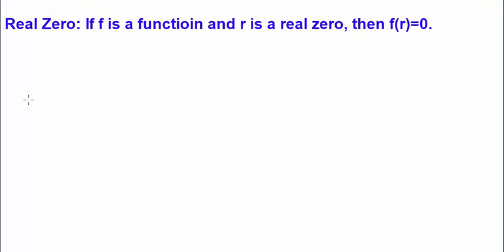Next, we need to talk about real zeros. If f is a function and r is a real zero, then we can say f of r is equal to 0. Now, believe it or not, you probably haven't heard about real zeros, but you have heard about basically some equivalent statements. So we say that r